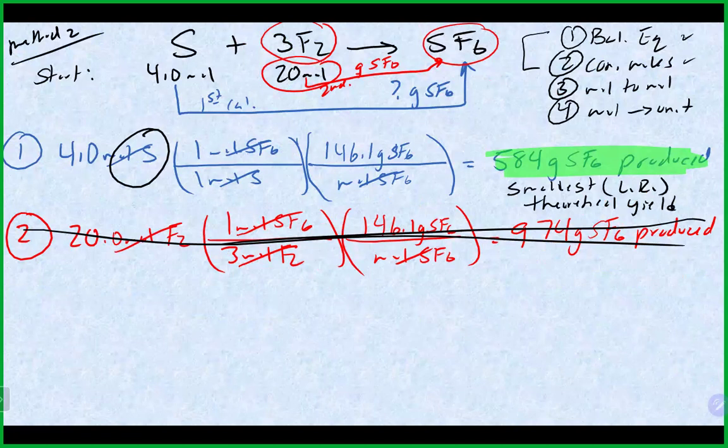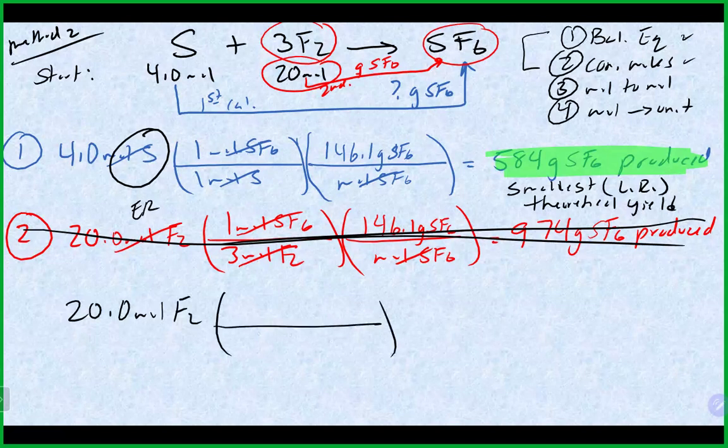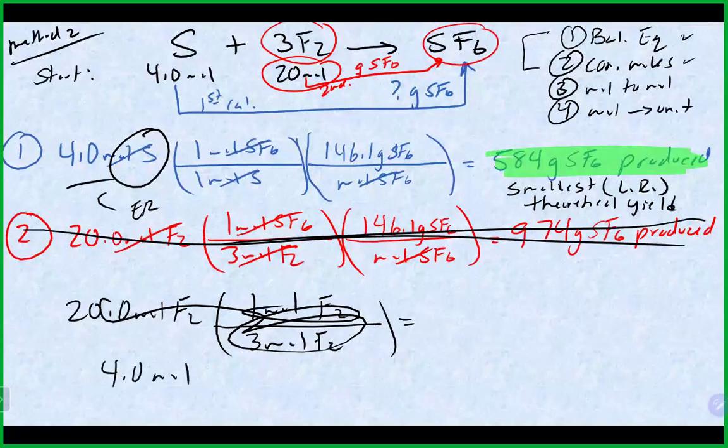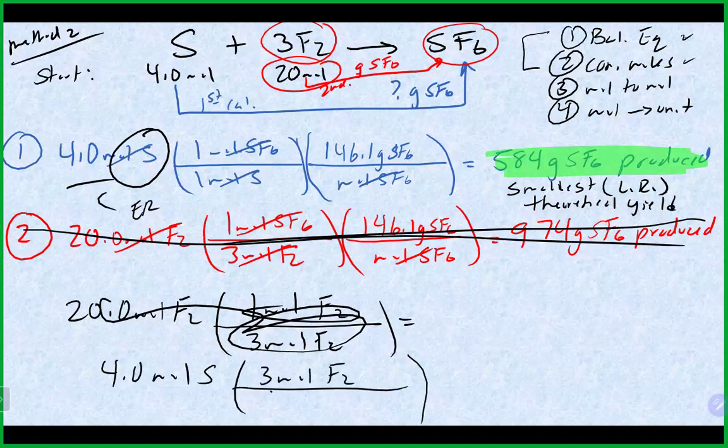go, all right, I know this is my excess reagent. You would have to go back and do that separate calculation that we did on the other process to answer that question. So you would have to go back and kind of do that there and see whatever you had left there. Actually, that's the wrong calculation. You actually just go back and use that calculation there. 4 moles of sulfur and do it this way. 3 moles of fluorine and 1 mole of sulfur. And that gets back to our 12 moles of fluorine was needed and